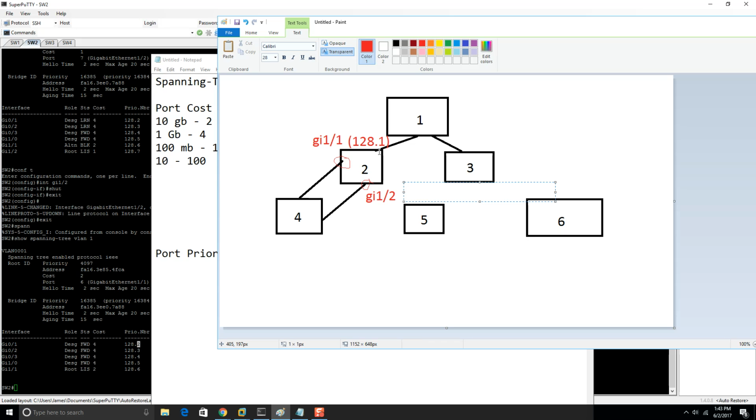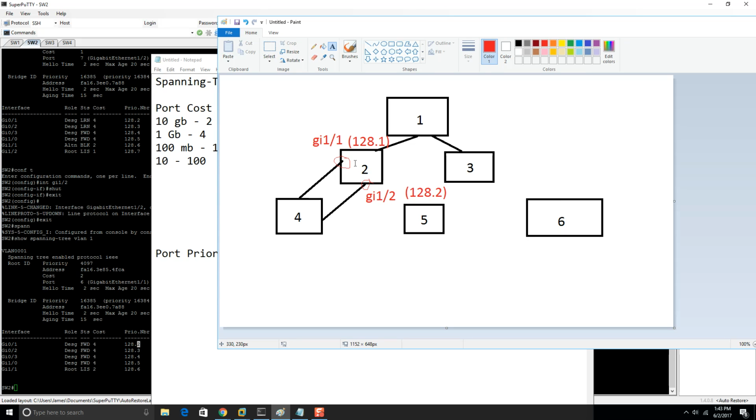It starts from .1 being the first interface, which is 0/0, and then counts up. So to be technically correct, for gig 1/2, it would be 128.2. So based upon that, that means that our blue